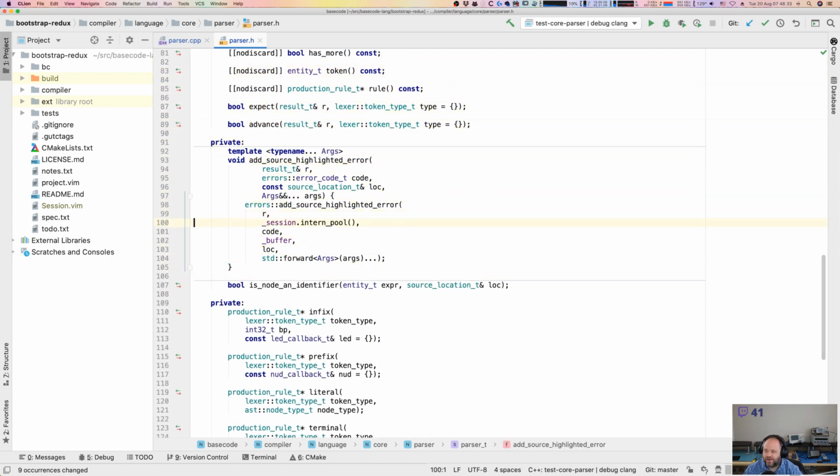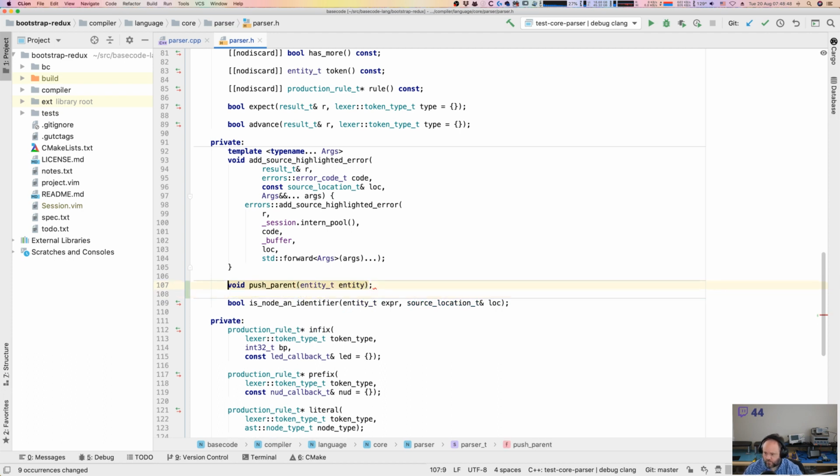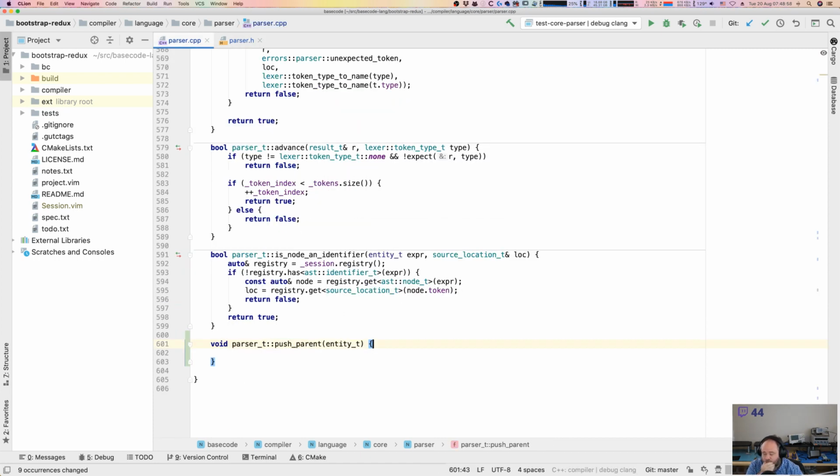It didn't work. So what we're going to do here is